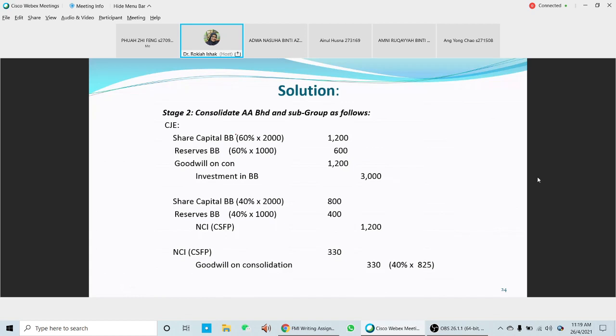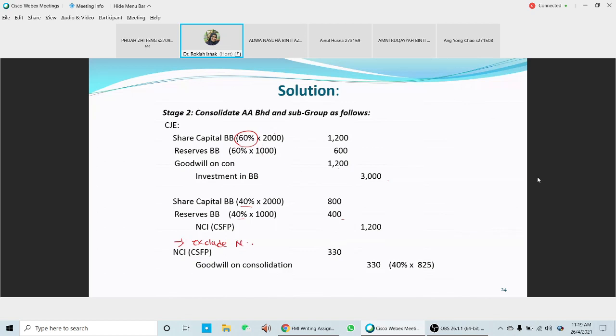B and A have 60%, so 60 times 2, same as this one, would be 1.2. Then credit investment, and then this one is for the NCI. Okay, 40%, 40%, and then you're going to have 1.2. Okay, the last journal entry here is to